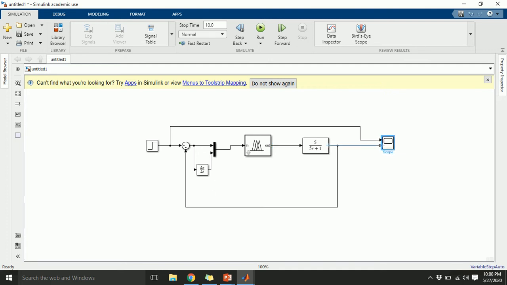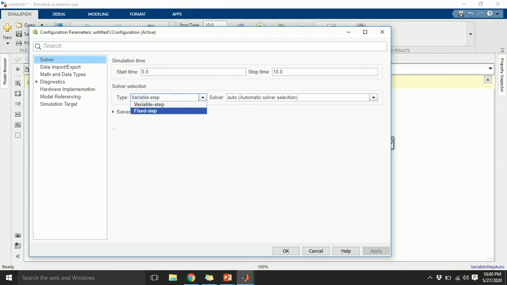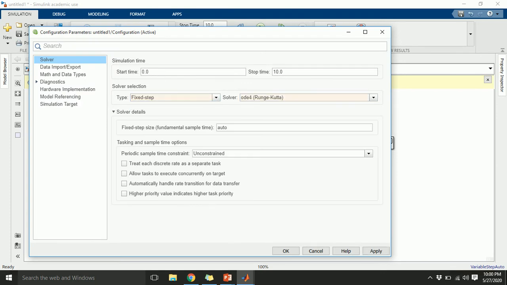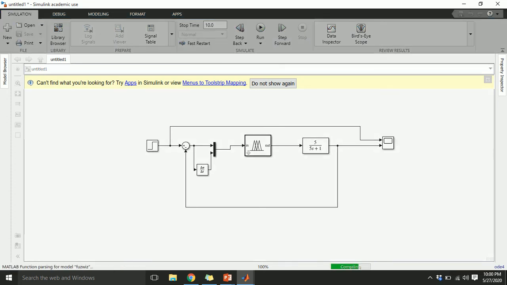I'm just changing the ODE solver to fixed step. And if I run it, you will see what kind of response I am getting.